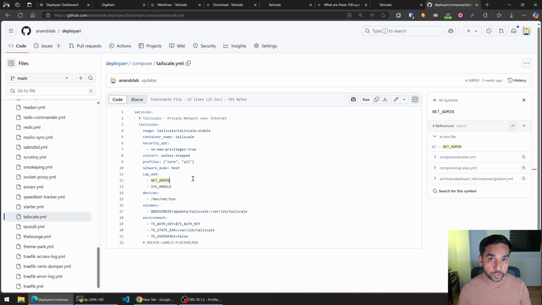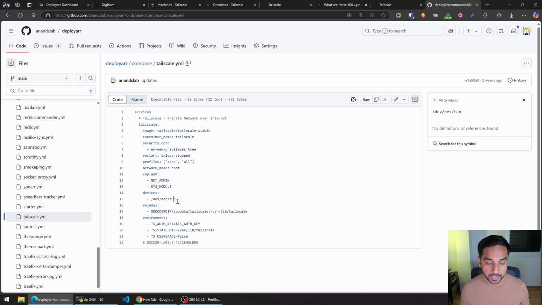The network mode is host, so Tailscale will appear as if it's running on the Docker host. You need to make certain features available, capacities available. You're also passing through the network device node to this machine. In my case, my Docker environment is an unprivileged LXC container, which is where I run most of my Docker